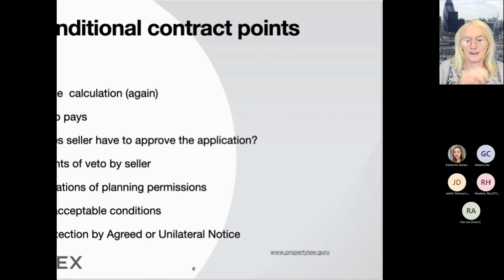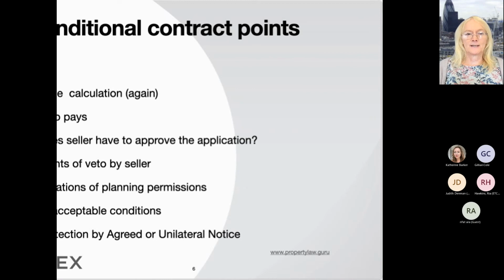But even more important, you may not have a need to have anything about unacceptable conditions in an option agreement, because it's just an option agreement. The builder can use its discretion whether they want to build it or not. With a conditional contract, this is going to be much more important. The developer's first stab will be to try and get absolute discretion over whether planning permission will be acceptable.